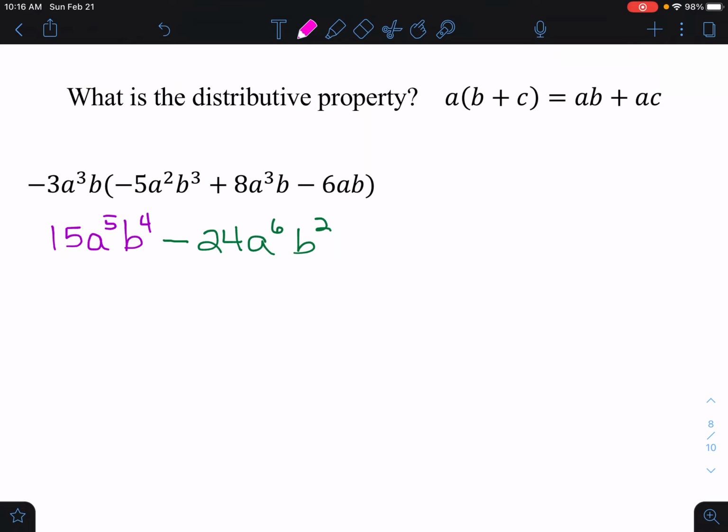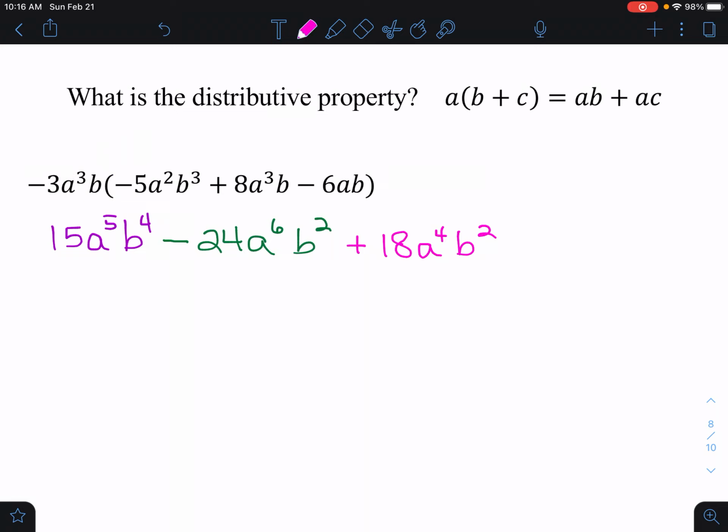negative 3a to the third b times this last one. Okay, again, watch the sign. That's a negative, right? So negative 3 times negative 6 is positive 18. So I'm going to put a plus sign. Okay, and now a to the third and a. This is a 1, this is a 1. In case if you need to write it in there, do it. So this is a to the fourth. And now look at the b's. So b to the first, b to the first. So that's b squared. Okay, and this should be my answer, but you want to make sure it's in standard